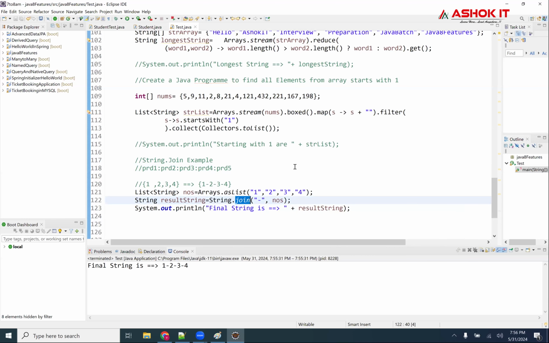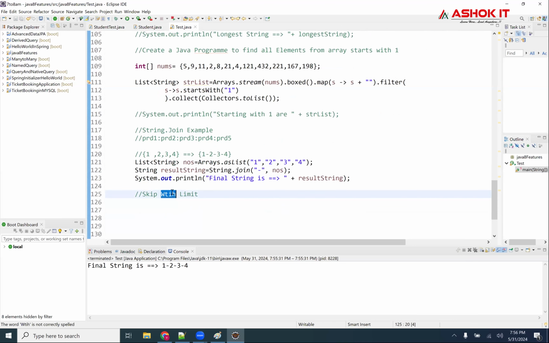Okay, right. And also skip with limit. There's one more case. Skip we already saw, right? And skip with limit. For example, I have numbers 2 to 9 and I want to skip an element.